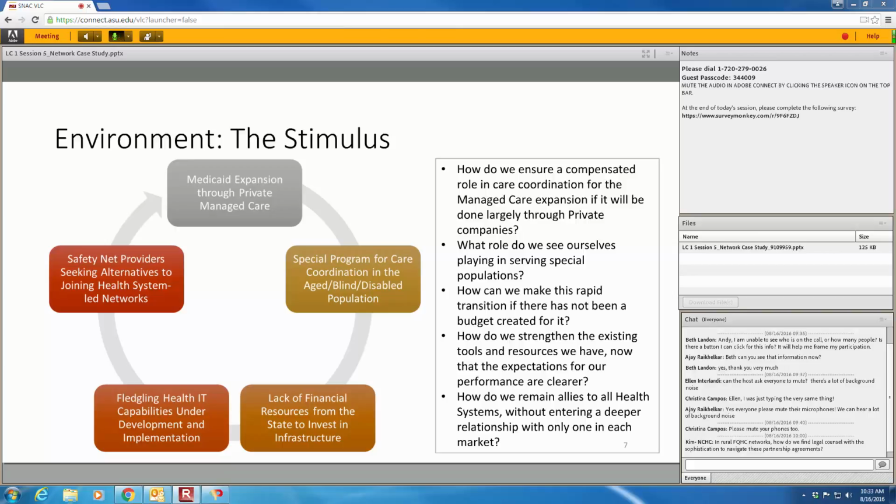It is an excellent opportunity for safety net providers to partner with those managed care companies, because those managed care companies are getting fairly sizable budgets to address the special needs of these populations, and have reduced restrictions to create unique relationships with providers of all types, but in particular with safety net providers who are currently caring for